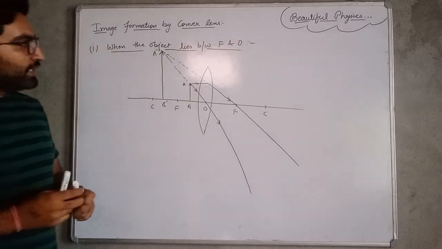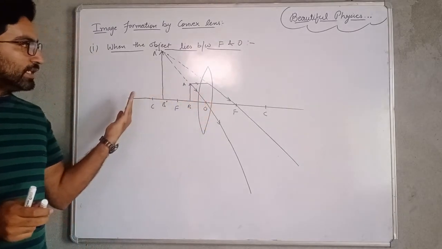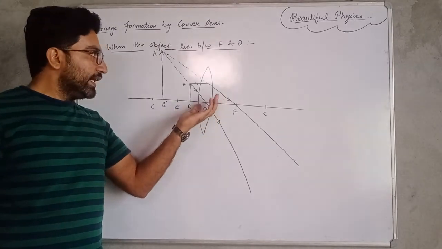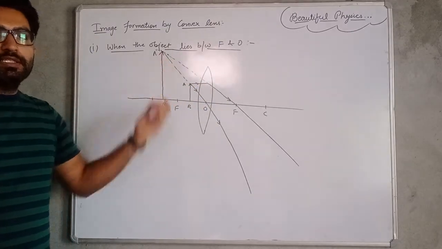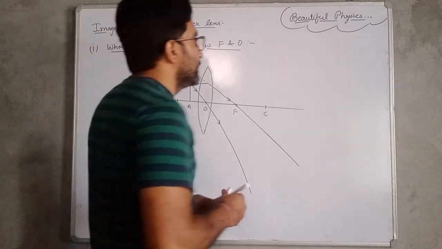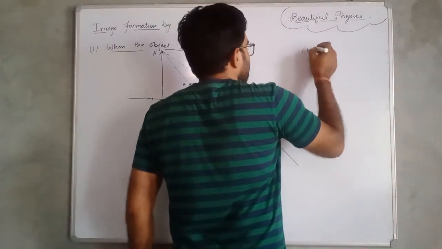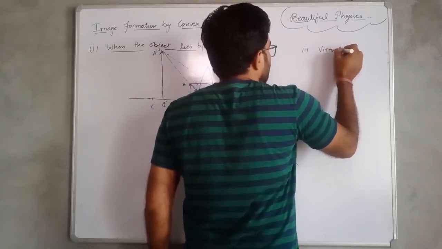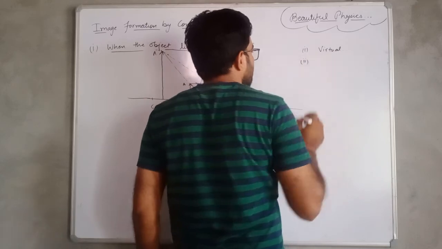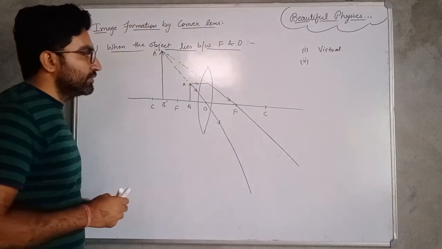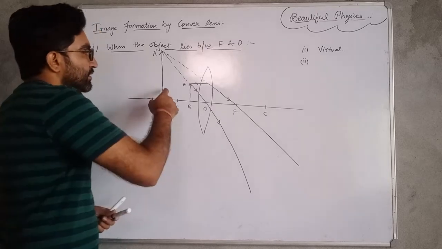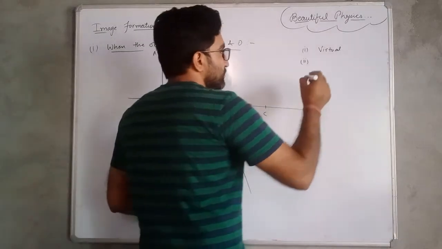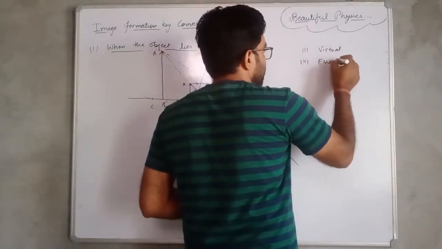So from the diagram we can see that the image formed is towards the left side of the object, and obviously here in this case the rays of light appear to meet at a point. So in this case the image formed is virtual. Okay, so this is the only case in the convex lens when the image formed is virtual or imaginary. Virtual or imaginary image is formed. Next one, the image formed is erect. It can be seen from the diagram that the image formed is erect.